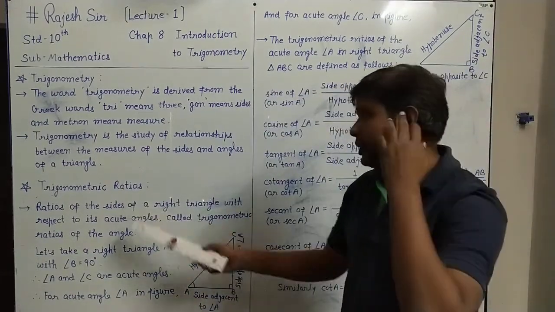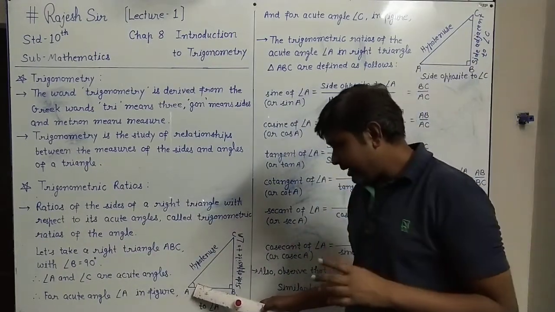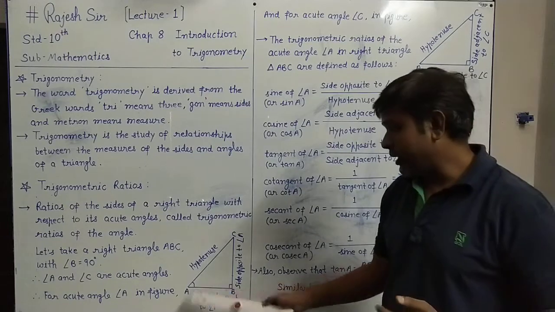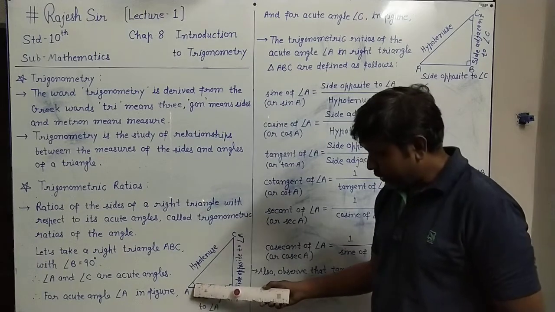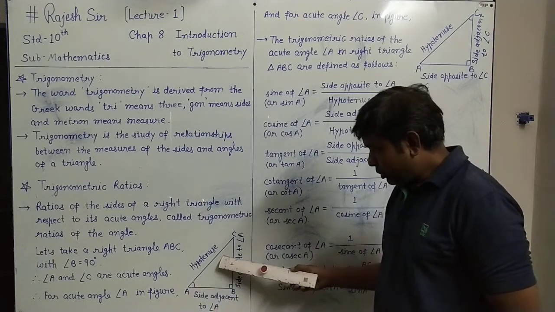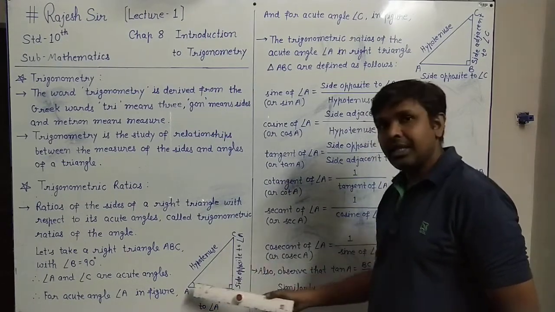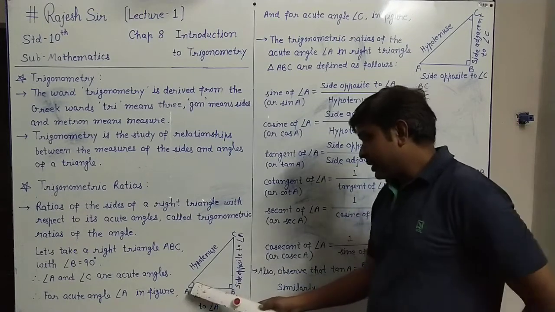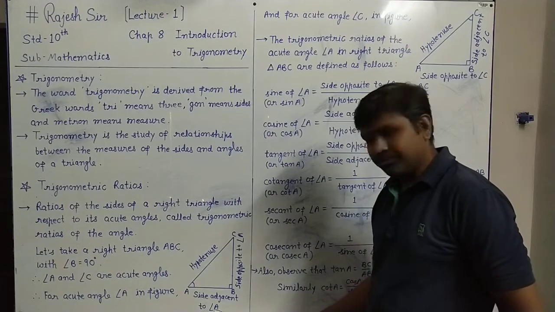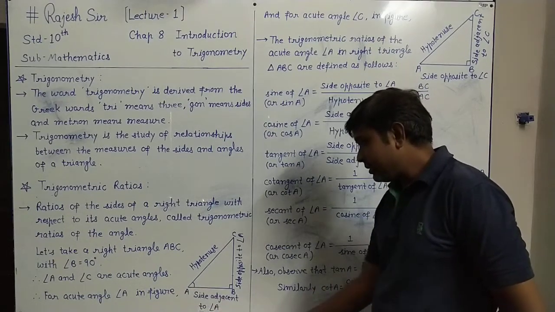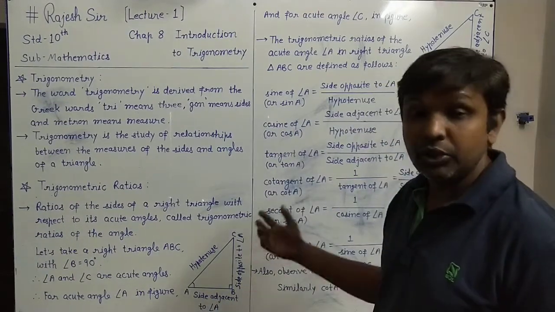Now this trigonometric ratio is for acute angles, right? So if we consider angle A first, one of the acute angles. For acute angle A, as you understand in the figure, the side opposite to angle A is called the side opposite to angle A, BC. BC is the side opposite to angle A. For this angle A, this side AB is called the side adjacent to angle A. That we can understand from the figure, it is obvious.